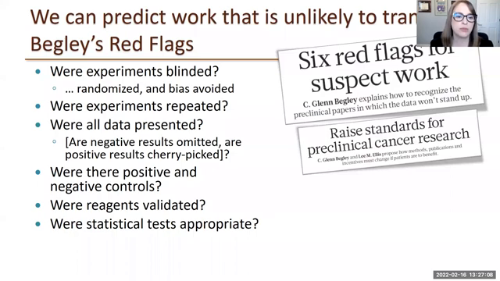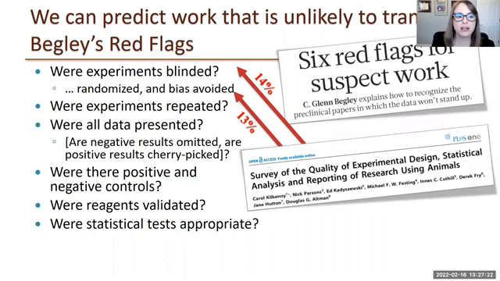And so he kind of came up with these 6 red flags that you should be thinking about when looking at studies and really trying to understand whether they will translate or be reproduced. So the first one that he really kind of focused on was whether experiments were blinded. So this was obviously something that's a very basic scientific process, but maybe we don't do as well as we should. And this was actually something that Kilkenny and all followed up on, and they found that 14% of studies in top tier journals had no indication of blinding,